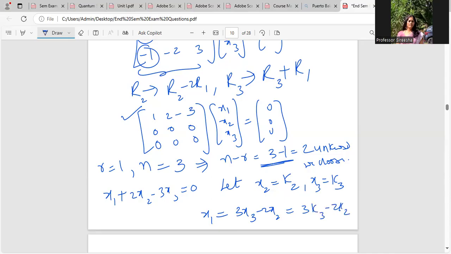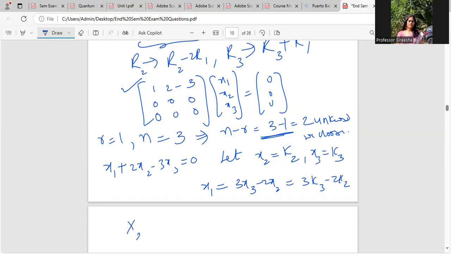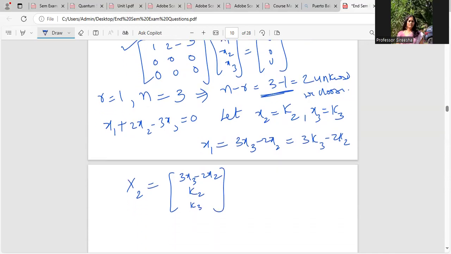Now what would be my eigenvector x2? It would look like this: 3x3 minus 2x2 for the first entry, x2 is k2, x3 is k3, which looks very haphazard. So to make it look like a vector, I'll separate the coefficients of k2 and separate the coefficients of k3. K2 and K3, because x3 is k3 and x2 is k2. So what will I get? The k2 coefficient in the first row is